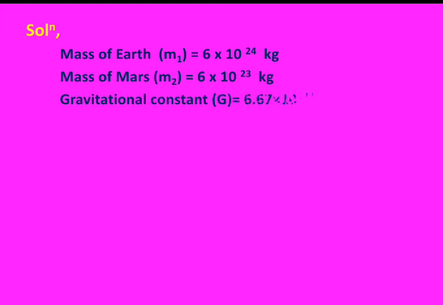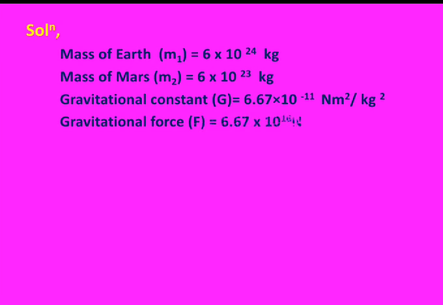Gravitational constant capital G equals 6.67 × 10^-11 Newton meter square per kg square. Gravitational force F equals 6.67 × 10^16 Newton. Distance between them D equals what? We know